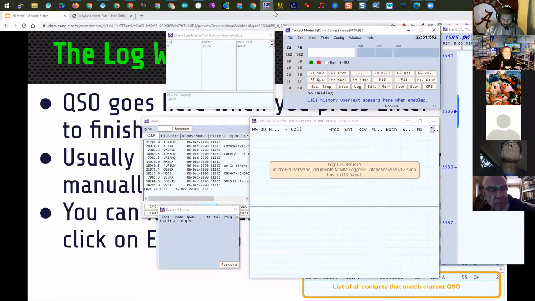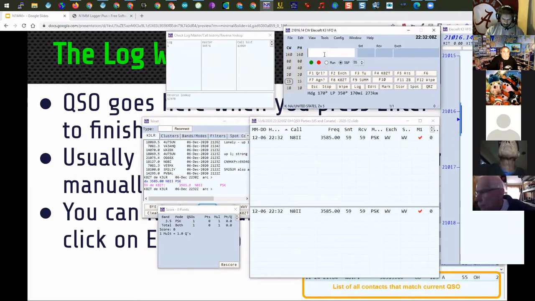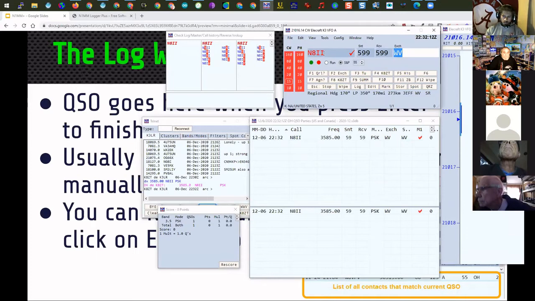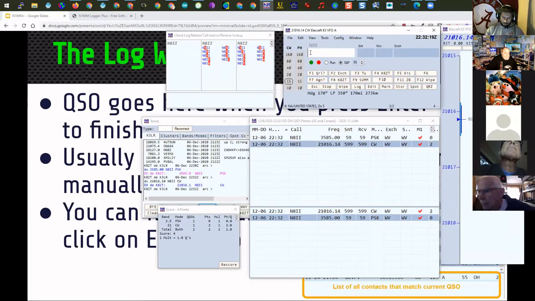So there's two parts to the entry screen, the upper part and then the lower part down here. So if I work N8II again, on a different band, which I'm allowed to do in this case, you'll see that he shows up twice down here. And when I work another station,